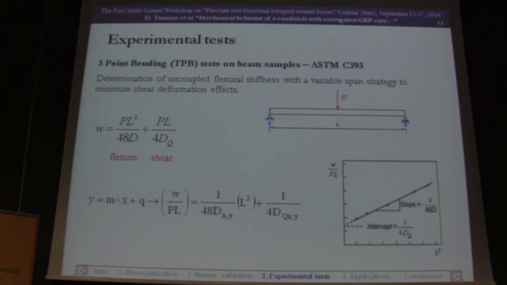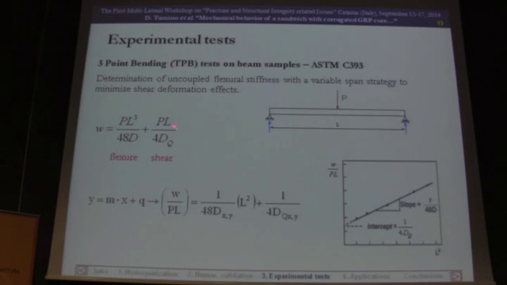So the first step was to obtain the flexural stiffness Dx and Dy, and we followed ASTM C393. We used a variable span strategy in a 3-point bending test. This strategy is used to reduce the influence of the shear deformation on the test. In fact,